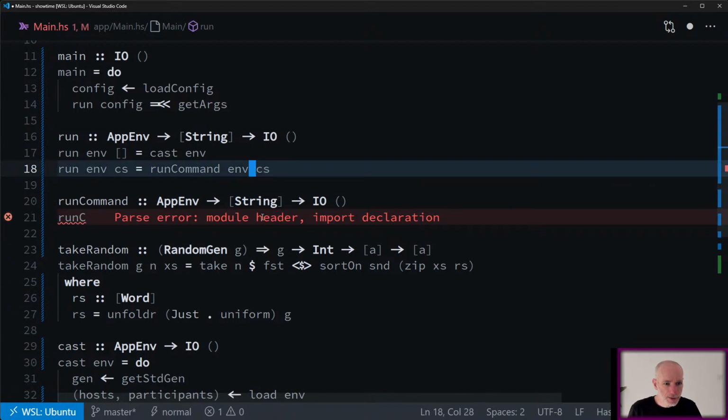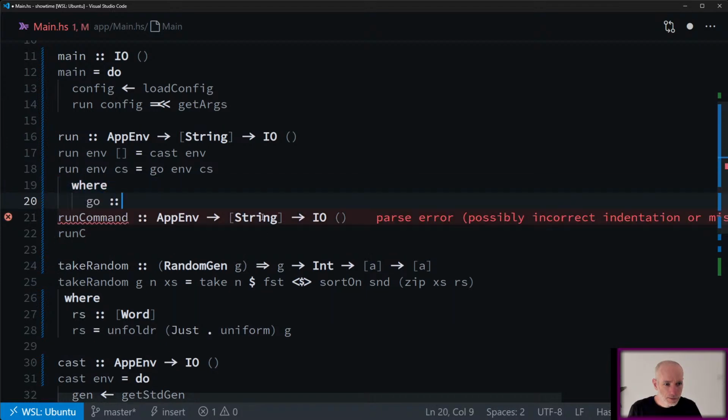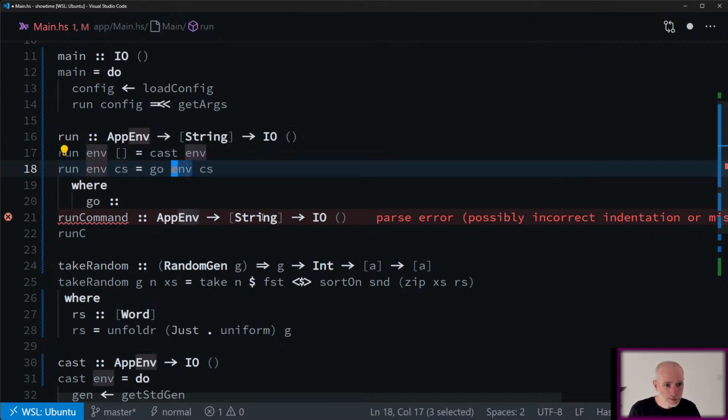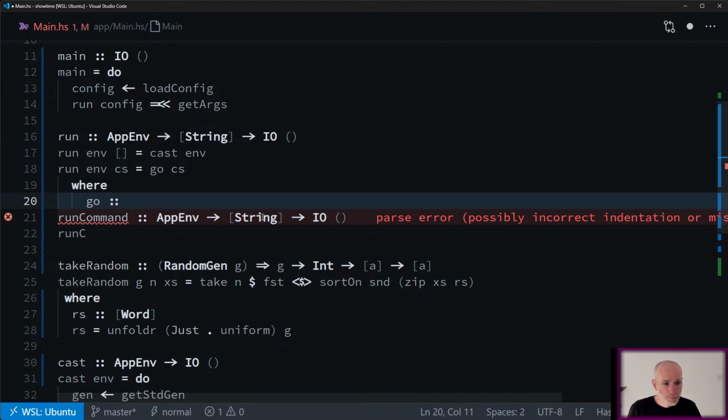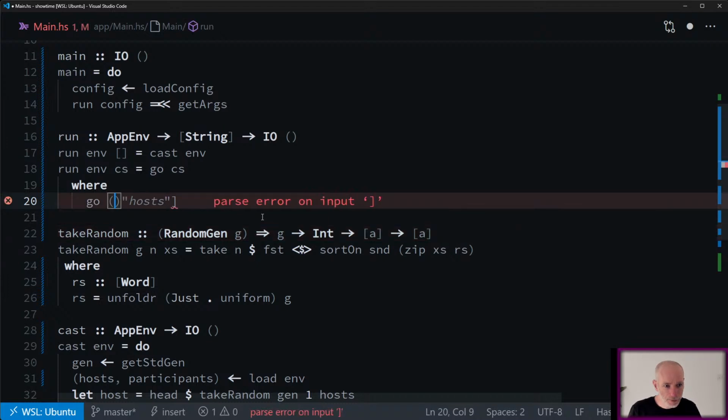I don't think this needs to be its own function. And then we don't need to pass the environment in again. Okay, so go can just take a list of strings, but even then it's not even worth writing out because it's a list of strings. So we can just start to match this. We can say if you call go and it's host, I want to destructure this a little bit, so it's going to be host followed by some other stuff.